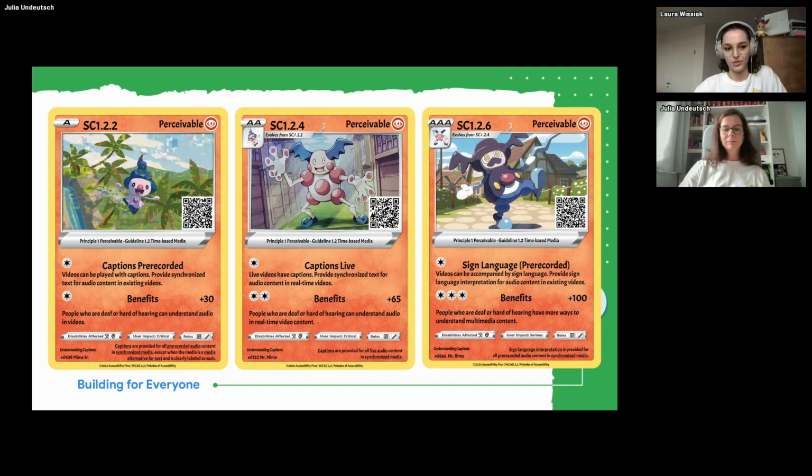And just like with Pokemon, you don't want to stick with the baseline evolution. You want the best one. You want the best team. You want to finish the game. You want to 100% the game. And you want to be a Pokemon champion. So why don't we strive for accessibility championships as well? That means instead of sticking with our level 2 compliance, we aim for level 3. In this case, the sign language pre-recorded, because it is the highest evolution of this type of success criteria. That's also why this is a AAA.